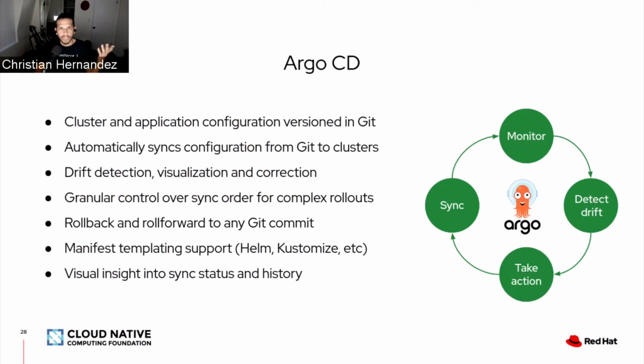And since you're tracking in Git, you get everything. It just does whatever it is in Git that you tell it to. So you can roll forward and roll back just by changing the commit. And there's a built-in templating system. So whether you're using something like Helm, you can continue using Helm. If you're using, like me, Kustomize, I love using Kustomize. If you see all my demos, I use Kustomize a lot. It has others like JSON and things like that. It has native support for those things. And then